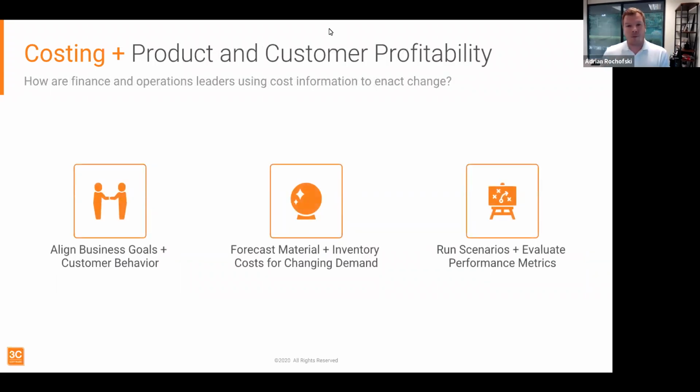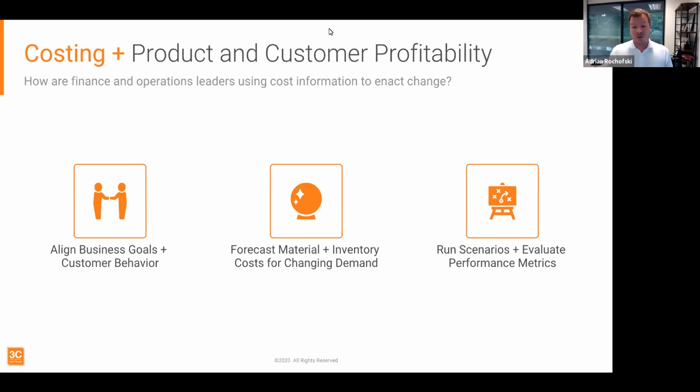All right, let's talk about the last topic for today, the role of costing and the product and customer profitability. Obviously when people hear the word profitability, there are so many things you can think about and talk about, right? But I want to get your views and your experience on how finance and operation leaders are using costing information in the areas of aligning business goals, aligning their customers,